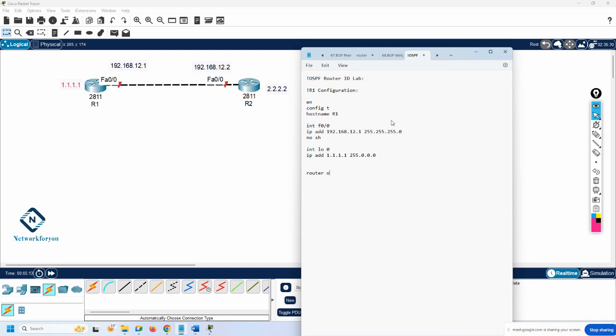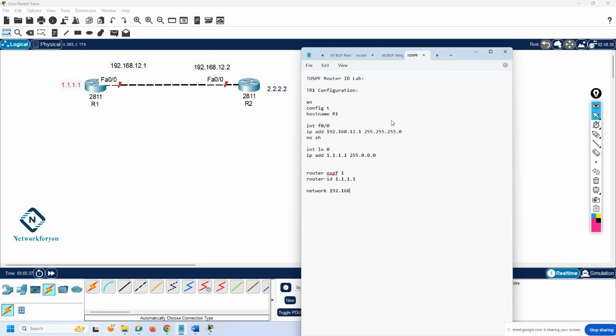So we will write router ospf 1, and now router-id. This way, even if you have the loopback, we will assign the same loopback IP only. So generally we do like that, so even if the router reboots or if you have any new loopback, it will not change. After that you can write network,